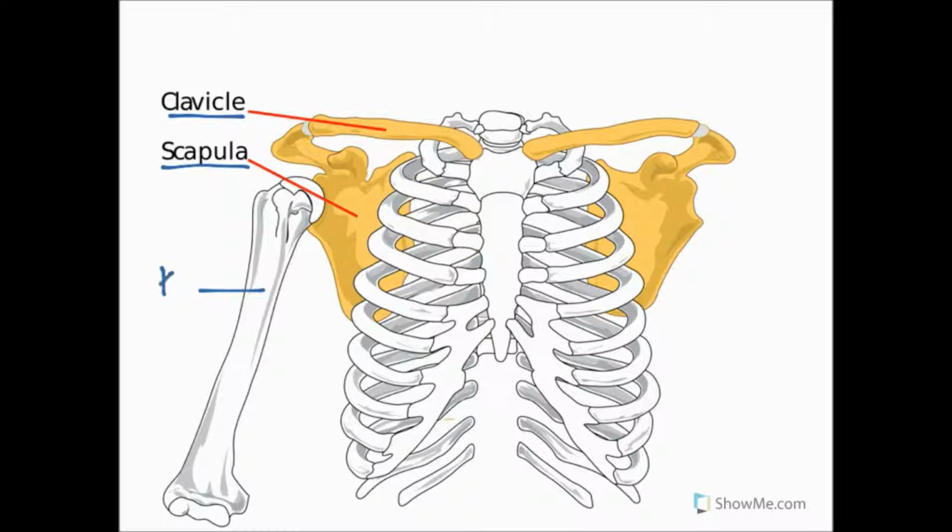We've got the humerus here, which we can label H. We've got the manubrium of the sternum here. We've got the body and the xiphoid process of the sternum here. And you can see the ribs going sequentially down, and you can also see the costal cartilages, which I'll just colour briefly in green just to show you where they are. So let's clear away